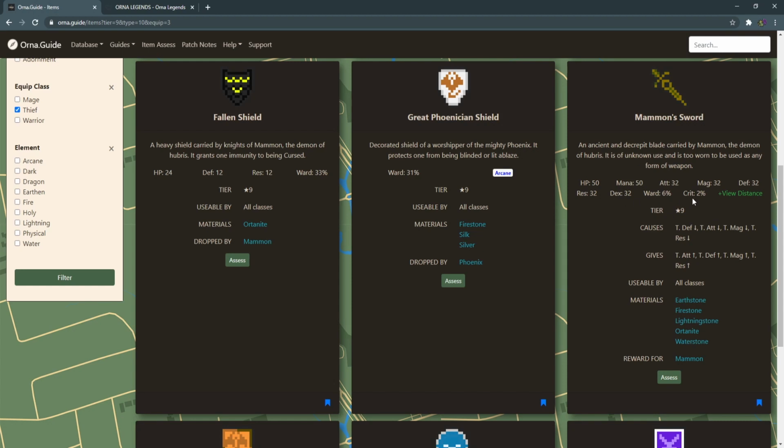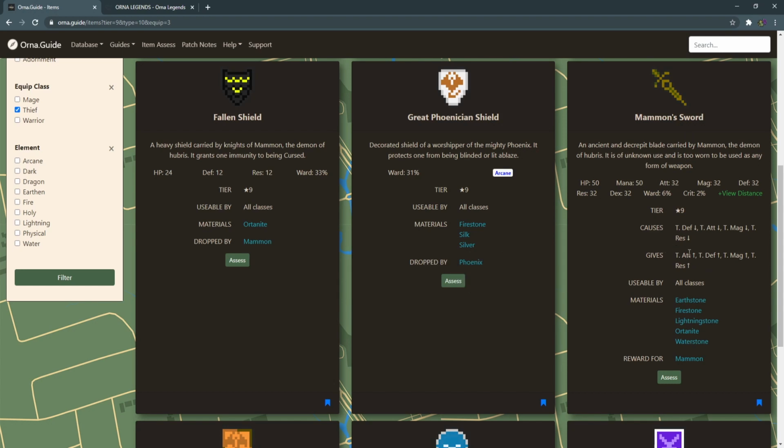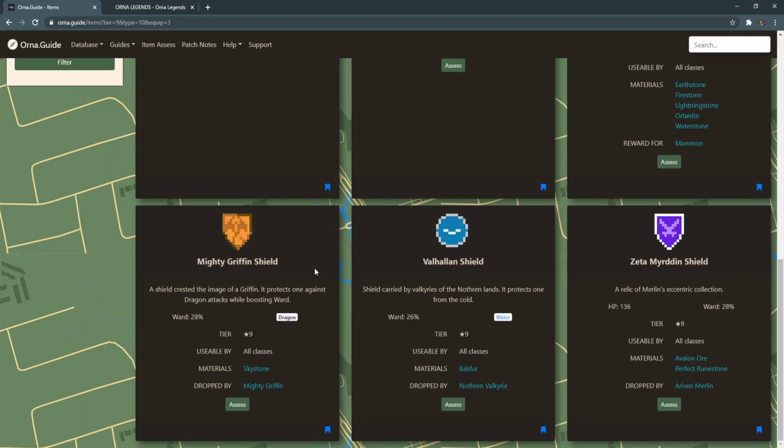You get ward as well, dexterity, crit chance, also view distance, so even as our world weapon you might want to be using this. On top of that, also gives you temporary buffs and causes temporary debuffs to your enemy. Really nice set of buffs that's gone into Mammon Sword. Good job, OD. Our other pickup that we definitely want to get at this tier is going to be a